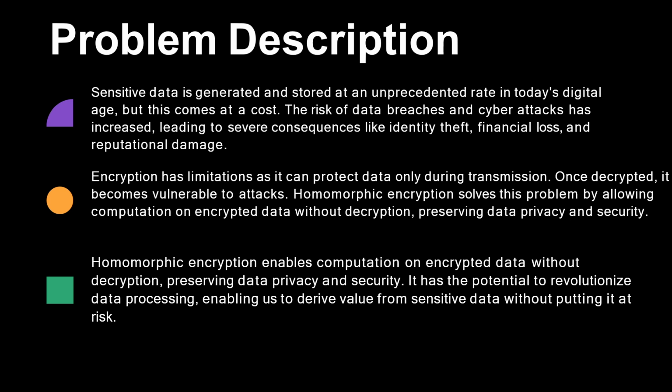So there should be a way to make data secure. It's simple to solve this problem. We can use any encryption scheme, but encryption schemes have some limitations. We cannot perform computation or operations on encrypted data. We have to decrypt first, then perform the computation, and then encrypt again. But this can lead to a cyber attack on unencrypted data. So the solution for this problem is to use homomorphic encryption. Homomorphic encryption enables computation on encrypted data without actually decrypting it. It preserves our data security as well as privacy.